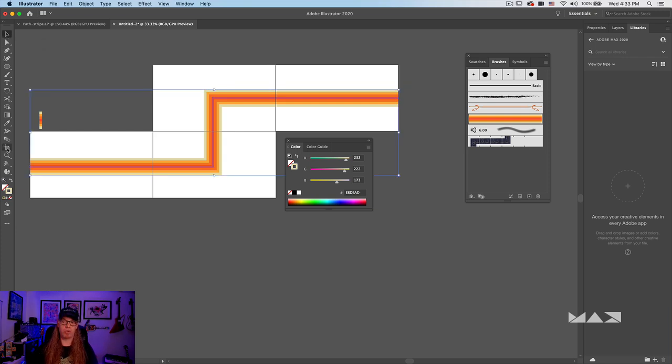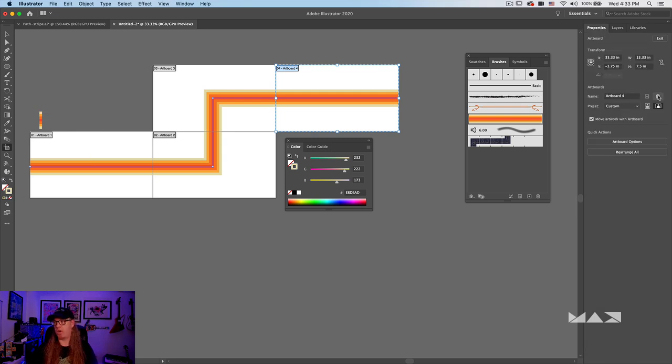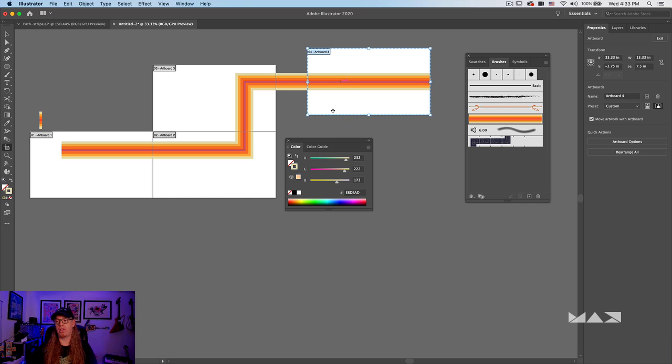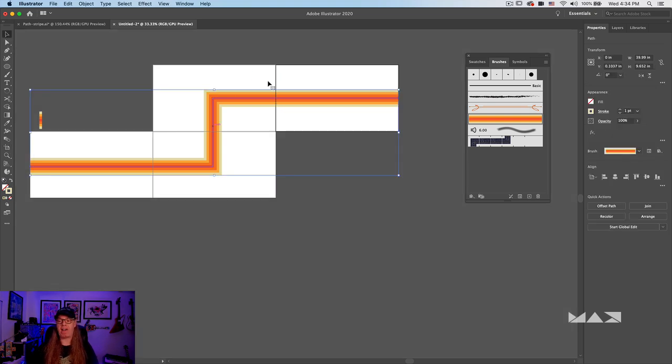You actually have an artboard tool inside of Illustrator here, and that changes your properties panel to have artboard options over here on the right. If you want to add an artboard, you simply click the plus symbol here, choose your orientation for that particular artboard, and then you can move them around using the artboard tool like so. For this project, we lined them up so they were edge to edge, so that as we want to cut the stripe or the path between screens, it was very easy to do. So here you can see that path moving across.